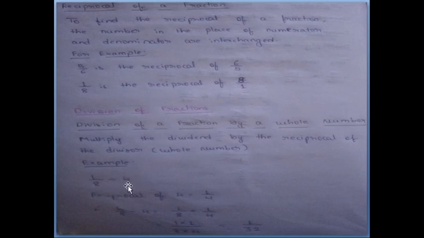So when we are performing the division of two fractions, take the reciprocal of the second number, and here the second number is 4. So the reciprocal of 4 is 1 by 4, because 4 is nothing but in the form of fraction as 4 by 1, then the reciprocal of 4 by 1 will be 1 by 4. Then when we take the reciprocal of the second number, this division will change into multiplication. So therefore 1 by 8 divided by 4 is equal to 1 by 8 into 1 by 4.